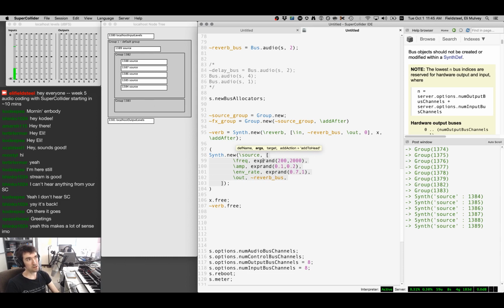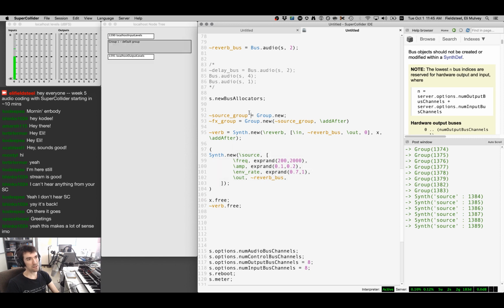So I'm going to command period, I guess. So we'll say run these two lines again. So we have our source group, which is a new group, and our effect group, which is a group whose target is the source group, and it's right after it. And now we can place